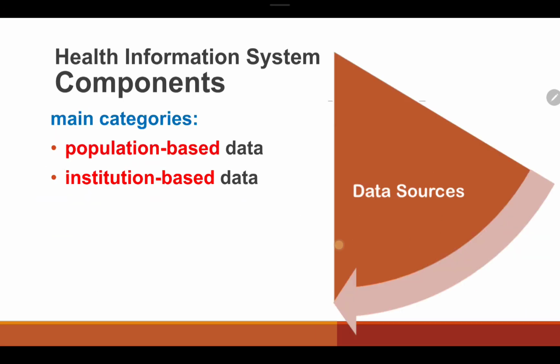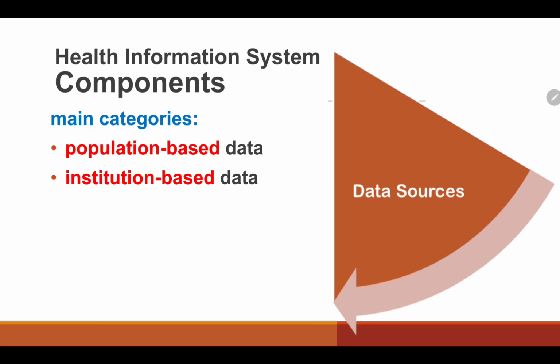Okay? So, another piece of the pie would be the data sources. Data sources can be population-based or institution-based. When you say population-based, it covers approaches like civil registration, census, and population surveys. Institution-based data is more on individual records, resource records, and service records. Occasional health surveys, research, and information produced by community-based organizations may not be directly classified under the main categories, but they may provide useful information.